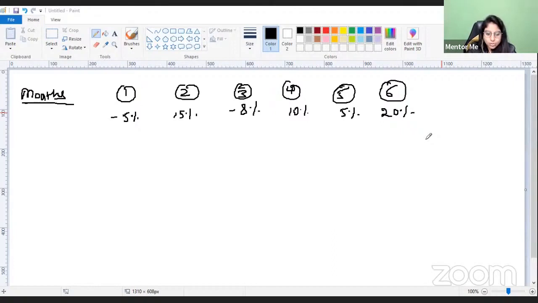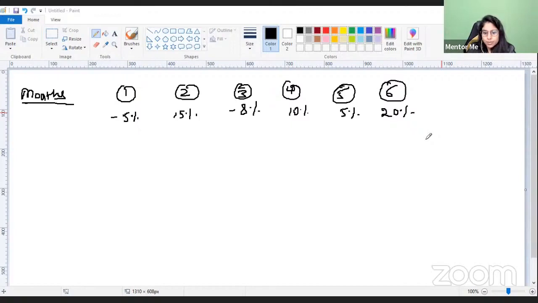Well, it should be like we take 15 plus 10 plus 5 plus 20. 0.03167. Okay. Let me calculate. 15 plus 10 plus 5 plus 20 minus 8 minus 5 comes out to be